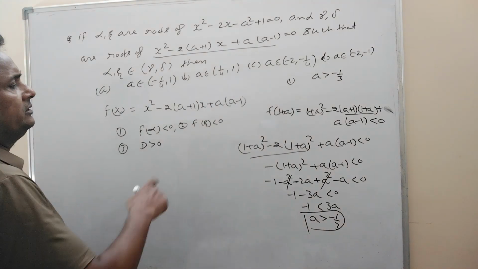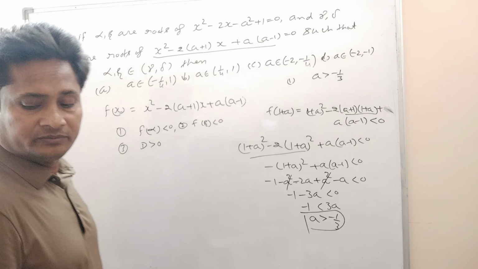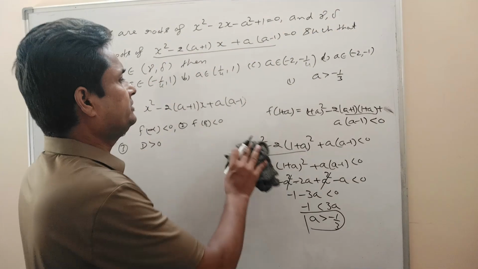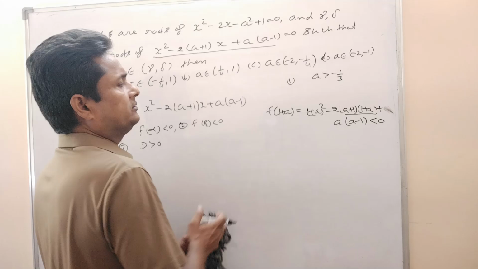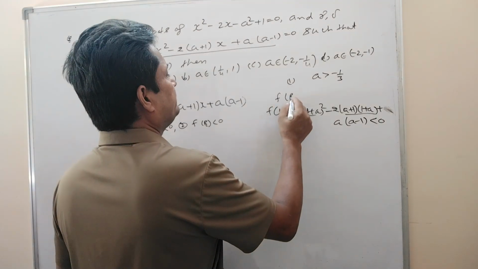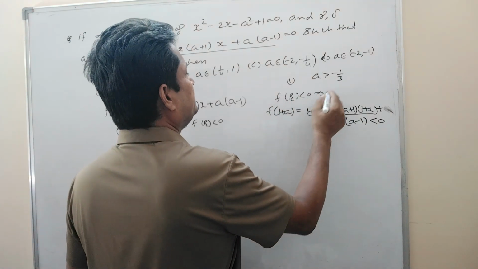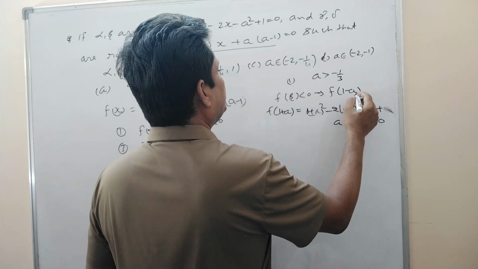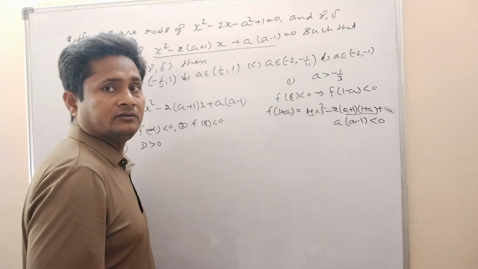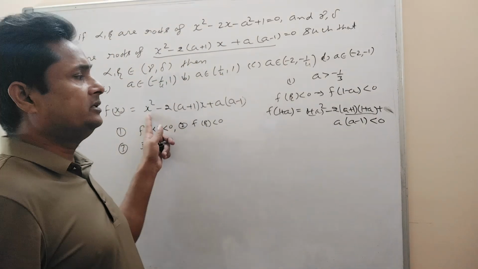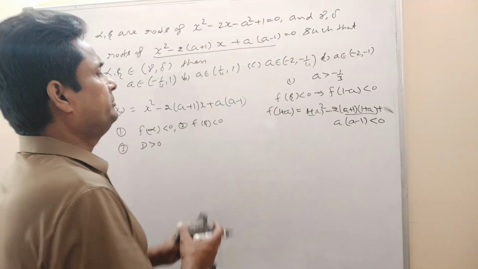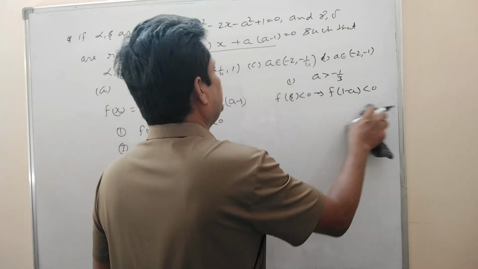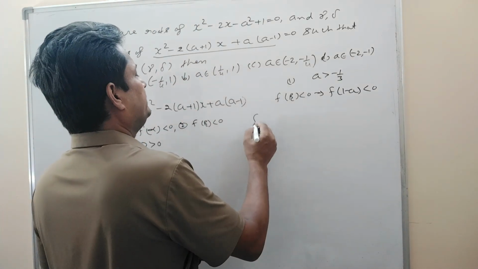Next one will be f beta less than 0. That means f of 1 minus a will be less than 0. So in place of x here, you have to substitute 1 minus a. So in place of x, if you substitute 1 minus a, you will get: